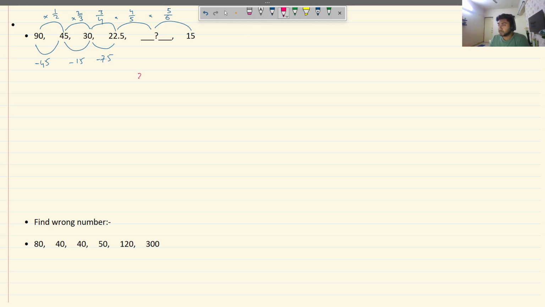So 22.5, we can write 22.5 as 90 by 4 into 4 by 5. So 4 gets cancelled out, into 18. So if the missing term is 18,